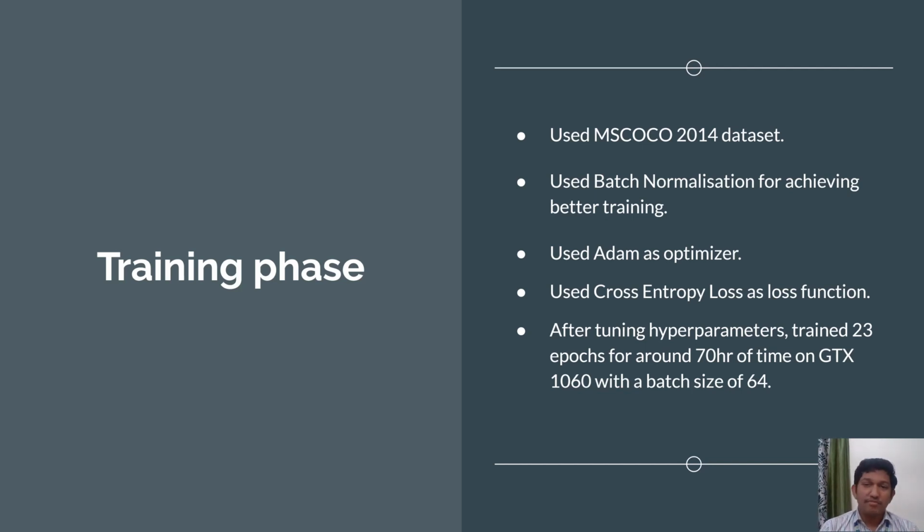After tuning hyperparameters like the embedding size, batch size, and such kind of parameters, we trained for 23 epochs for around 70 hours on a GTX 1060, which is a GPU from NVIDIA. We limited it to this because of our resource constraints. After training for this long period,